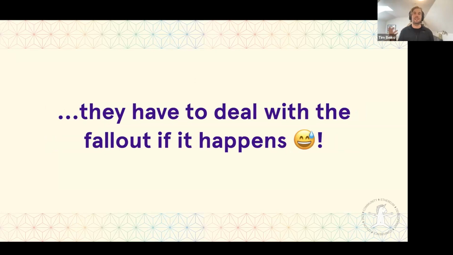And they have an incentive to do this because if they push a contentious upgrade and have to deal with all of the messiness that comes with a contentious fork, they're the ones who actually have to write the software for all of this. And so the cost of dealing with a contentious fork is very much borne by these people. And that I think helps make them hyper aware of not pushing anything that might lead to this.